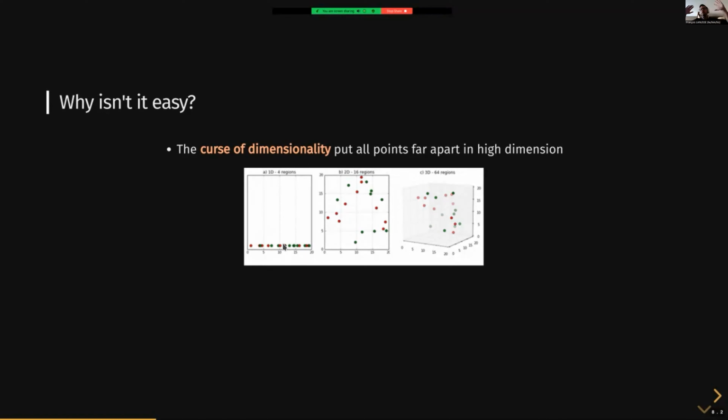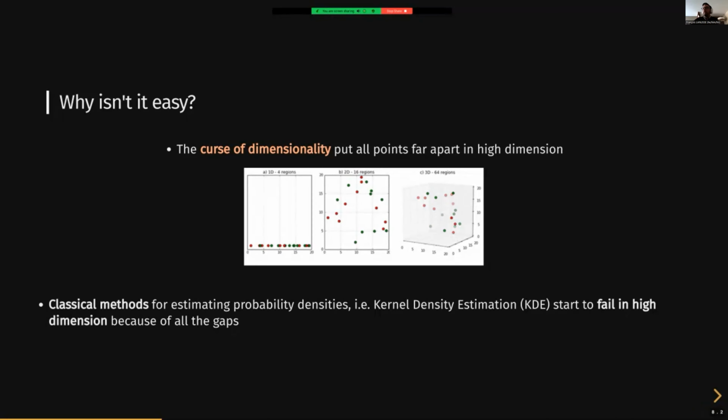If it's in 1D, you can see that the data points will be fairly densely populated, for instance, in this segment here. But if you go to 2D with the same number of data points, you see that everything is a lot sparser and you end up with empty regions. The higher the dimensions, the more empty your space becomes, and the more difficult it becomes to learn a distribution with a fixed number of samples. And so that's why classical methods like kernel density estimation typically fail when you go above like 10 dimensions. So they're not applicable to practical problems.